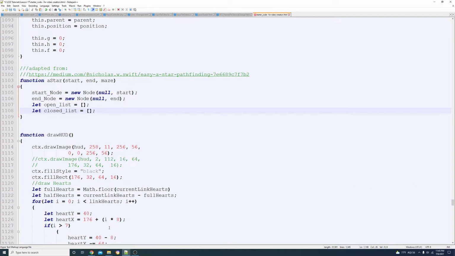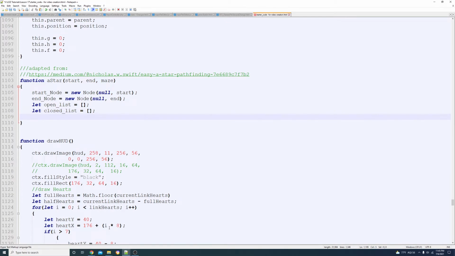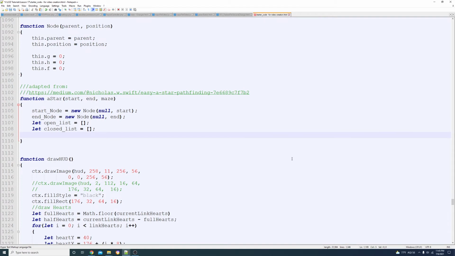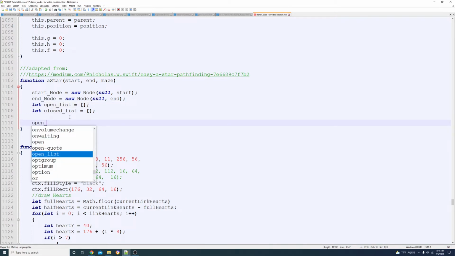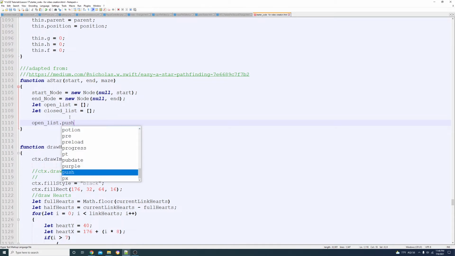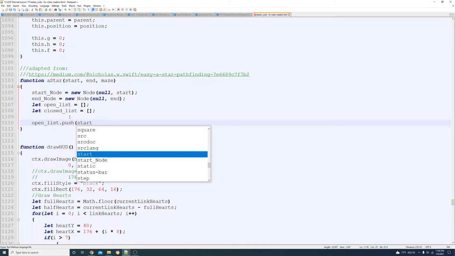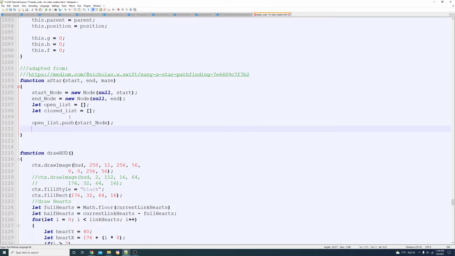So what we're going to do is add our first node to our open list, and our first node is going to be our start node. So we're just going to say open list dot push, and add that start node. Then we're going to say while open list dot length